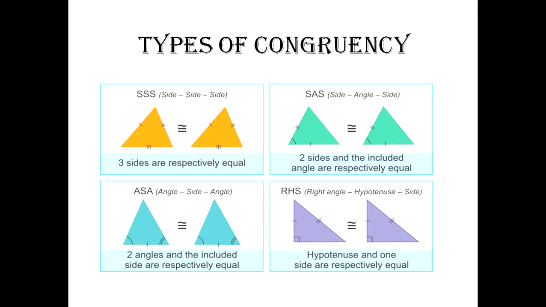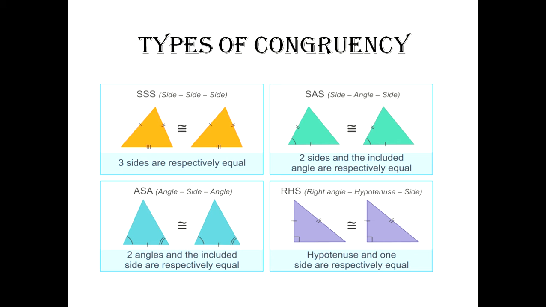After proving congruency, we can say that the third side, which is not marked in both of the diagrams, these two sides are also equal, and we can say that the two remaining angles, this angle and this angle will be equal, and also this angle and this angle will be equal. Now moving on to the next one, that is ASA congruency, angle side angle. ASA can be written as SAA also, and you can also write it as AAS.